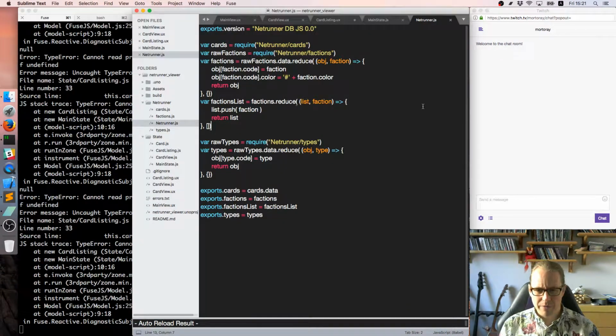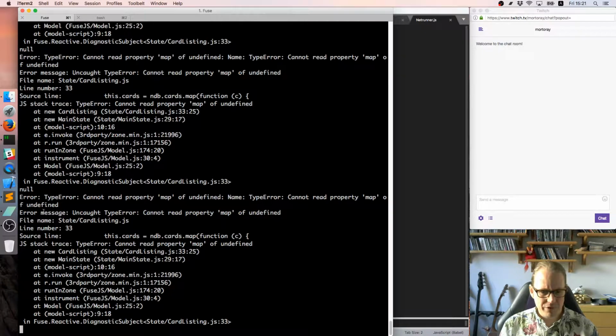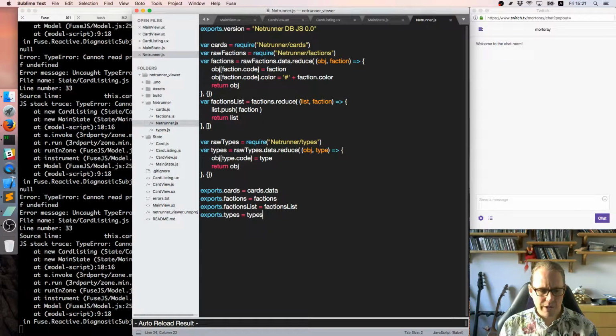Cannot read property map of undefined. That's fine, we're down there. But I have an index error. Sometimes these errors from JavaScript are not helpful. There's way down somewhere else. Great. Factions list equals factions.reduce. Oh, because I can't